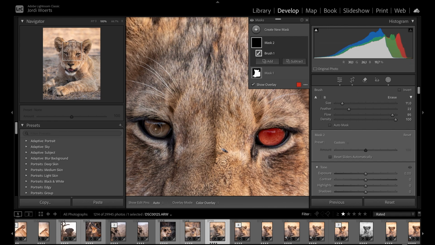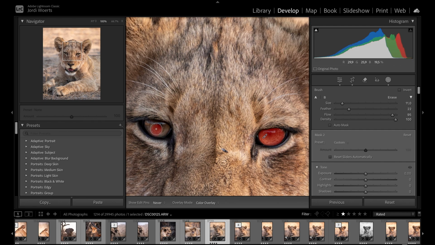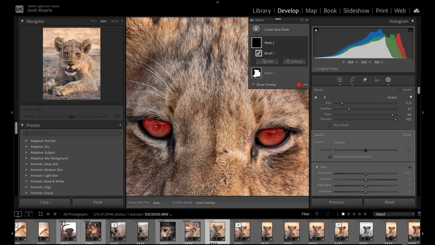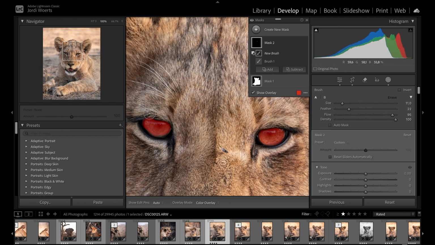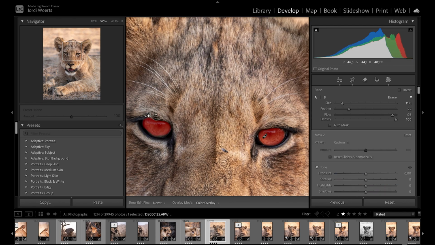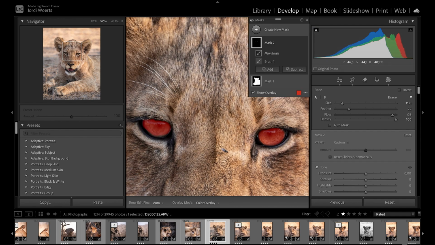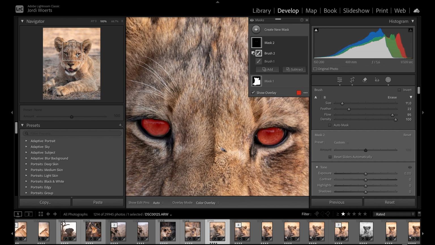Also on the left hand side. Computer was struggling there a little bit. I was not very precise there, so let's quickly subtract there with the brush. There we go. Now we should be fine.